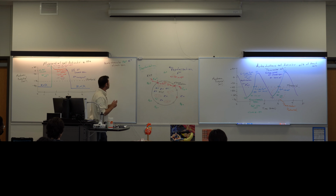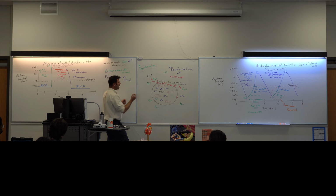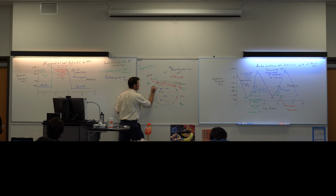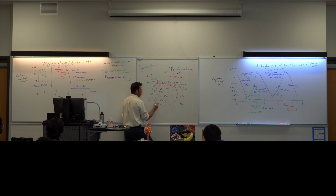The next layer is going to be what we call a voltage-gated sodium channel. And I'm going to also introduce a voltage-gated potassium channel. These are channels, and they open and close based on a particular voltage. So the first thing that's going to happen, I'll just draw this in here as a little rectangle. These voltage-gated sodium channels, when these open,